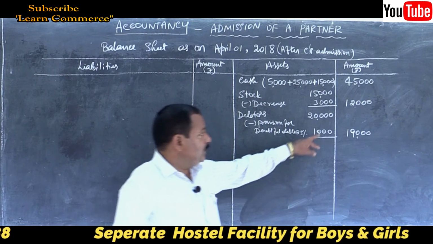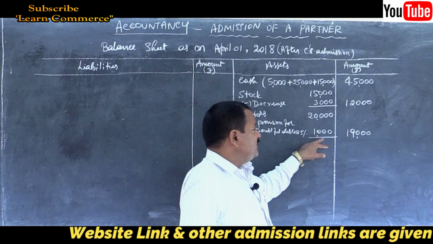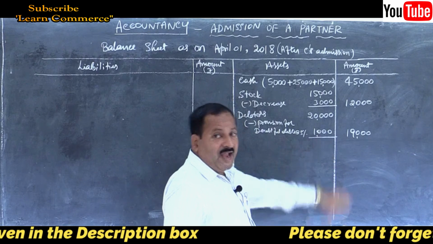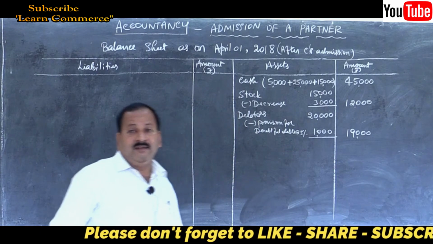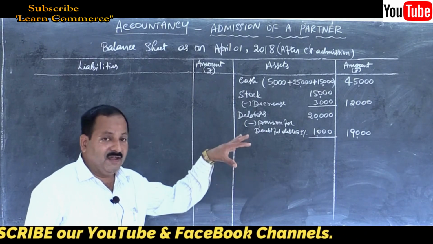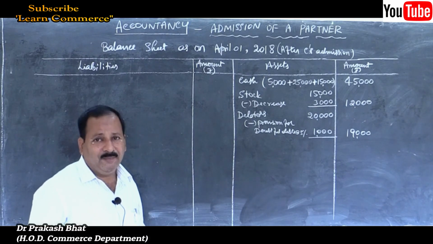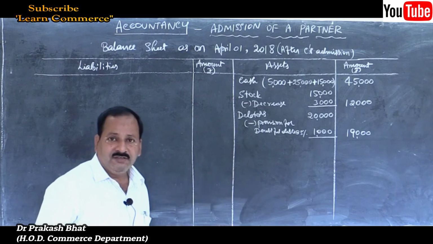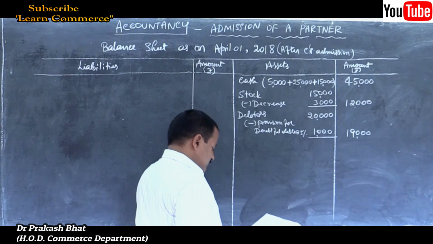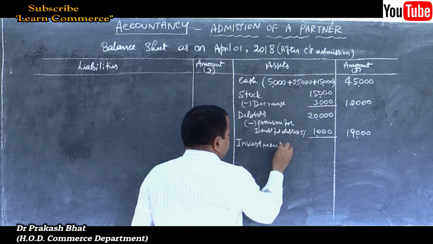And students have the habit of writing 20,000, they will write minus provision for doubtful debts at the rate of 5%, 1,000, and they will write here 21,000. Instead of deducting, they will add, and balance sheet will not agree, and they will struggle like anything. The effect will be on the next problem also. There also they will do some scribbling. So all these things will happen. So be careful, be cool, and follow the rules.